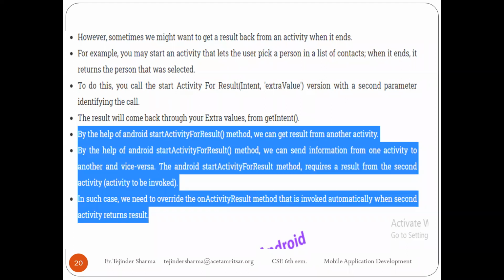That means you are getting the activity for the result. The result will come back through your extra values from getIntent, and with the help of startActivityForResult, we can get the result from another activity. Fine. We can send information from one activity to another and vice versa, and it requires a result from the second activity to be invoked.